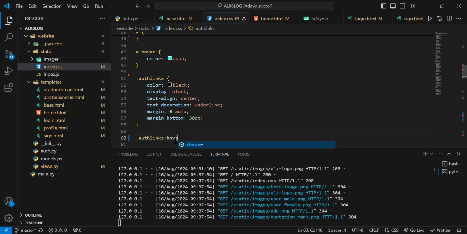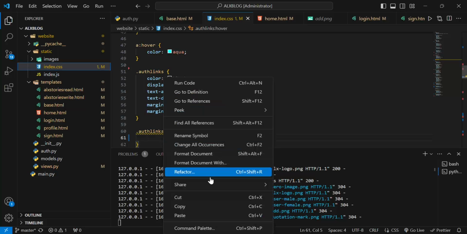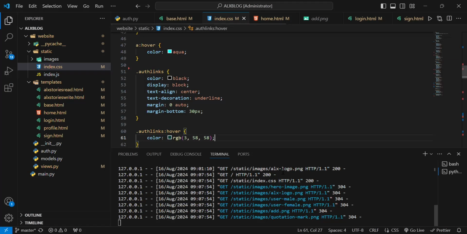In the hover state, I would want the color to slightly change to something a little bit gray, actually. All right, so I've set the hover state for my hot links, and now we can go to our web